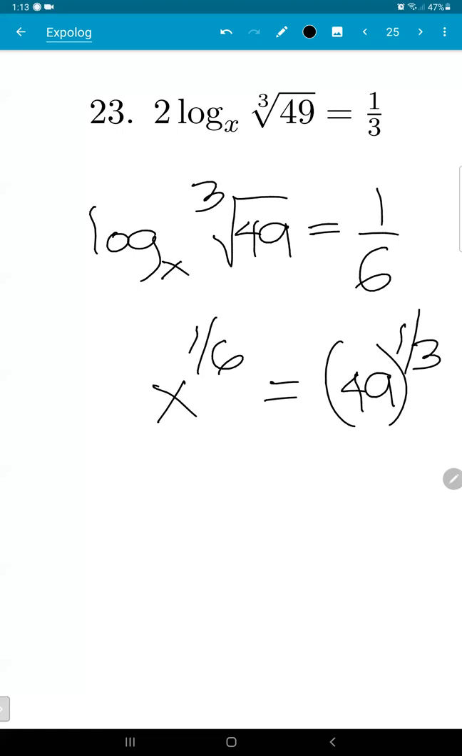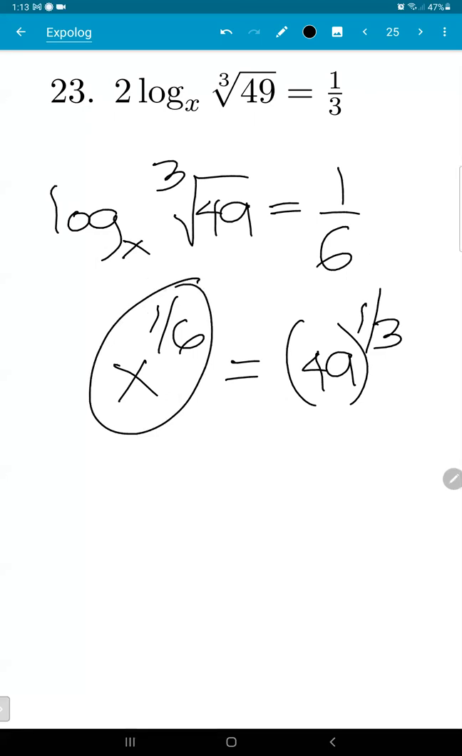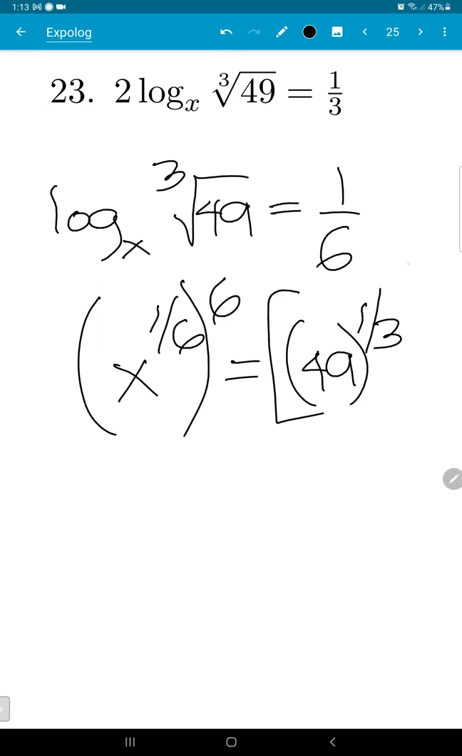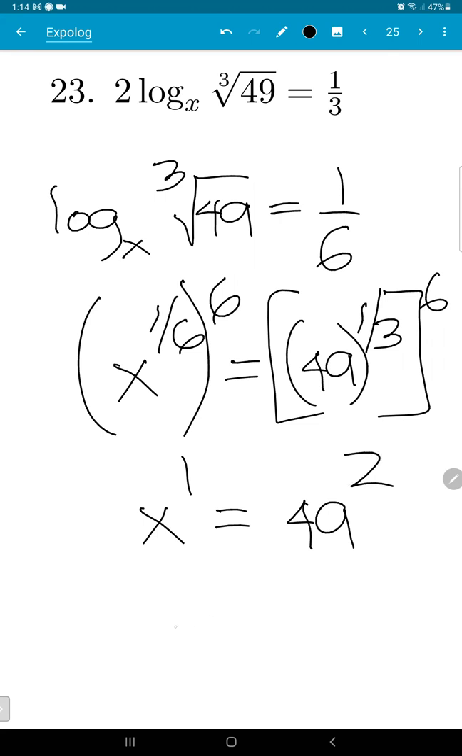So that when I raise both to 6, we immediately see that we just have to multiply. To get x, we raise everything to 6 so that it becomes x on the left-hand side. So we raise this to 6. We also raise the other to 6. And then we multiply the exponents. 6 times 1 over 6 is 1. And then 6 times 1/3 is 2. So x is 49 squared, which is,